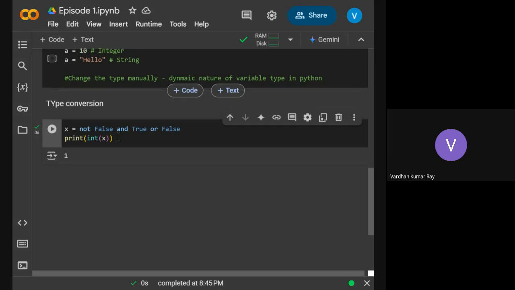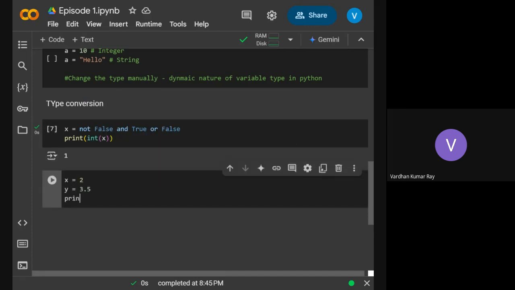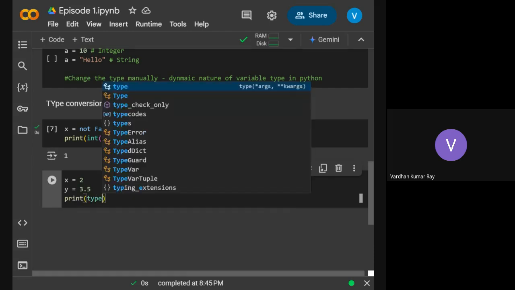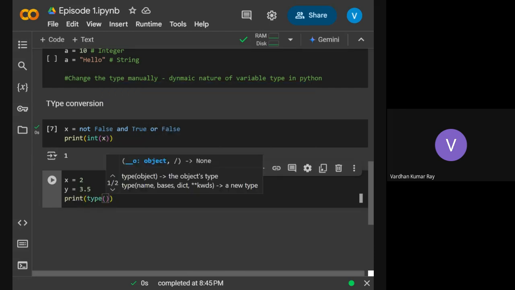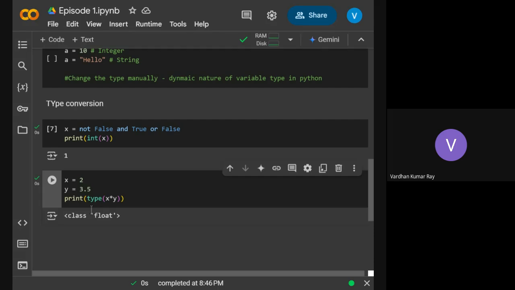Those kinds of things happen when I do some multiplication with float and integer. Let's see. If x is 2 and y is, suppose, 3.5, and I print type, which is used to find the type, by the way. See, it's a float, even though x was an integer, but y was float.